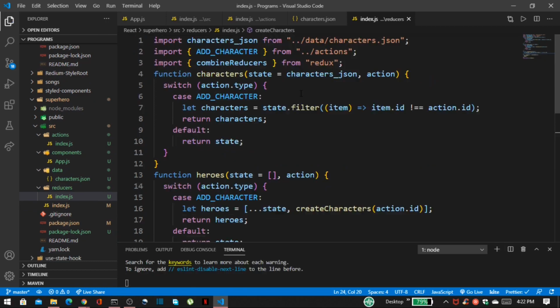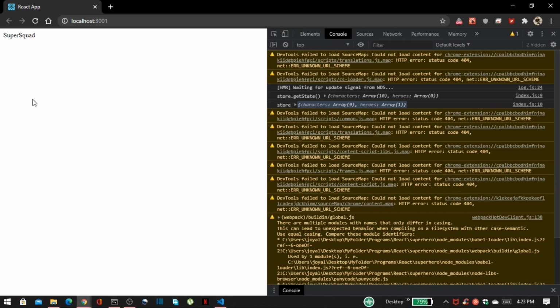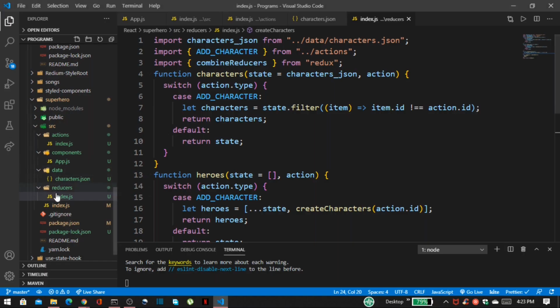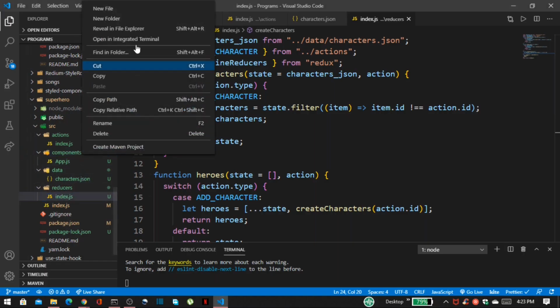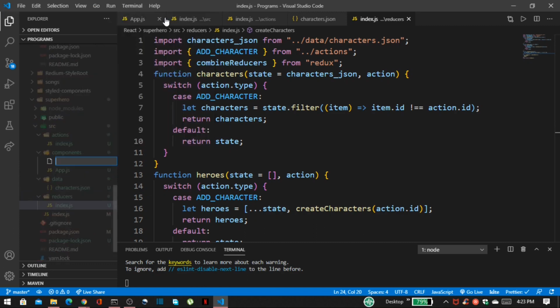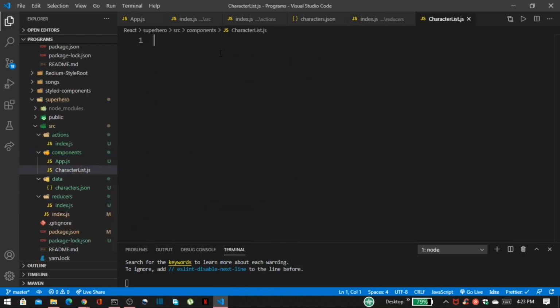Again save this. So now the time is coming to build a good user interface. So inside our components, let's create a new file called characterlist.js. And here we have to write our basic terminology.